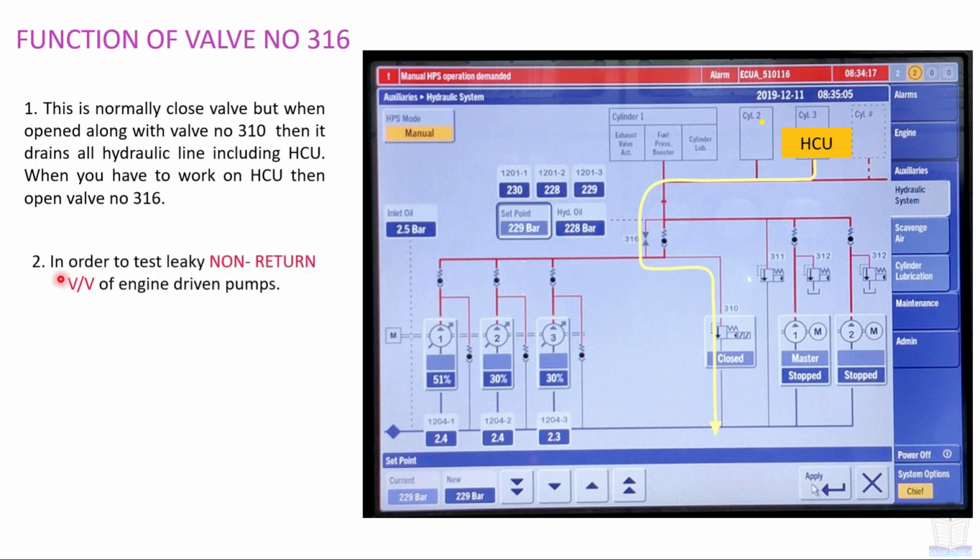Next function is to test leaky non-return valves of engine driven pumps. These are non-return valves fitted on each individual engine driven HPS pump. Suppose this is leaking, then how will we come to know? In that case, what do we have to do? We have to start these startup pumps and open this valve number 316. After that, we have to shut the inlet valve of the concerned pump, and after that just open this pipe. If oil is coming, then we will come to know that this valve is leaking. This way, we can check the integrity of the non-return valve with the help of valve number 316. Now moving next,